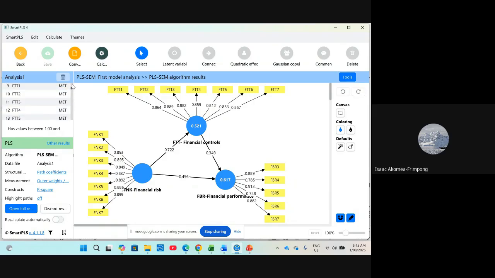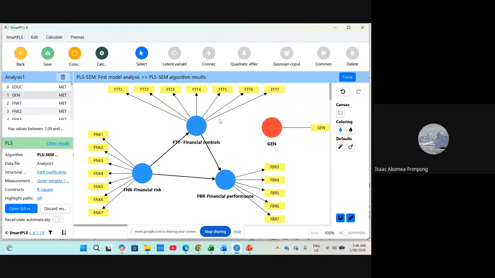So let me just run one, then I will interpret, then we go. Yes, you don't need to spend too much time. So depending on whatever you use for your moderating variable, it could be education, it could be age, it could be any of the variables that you are using. For example, if I decide to use something like gender as my moderating variable, what I need to do is that I need to link which of the